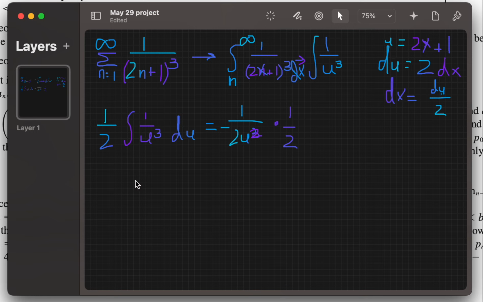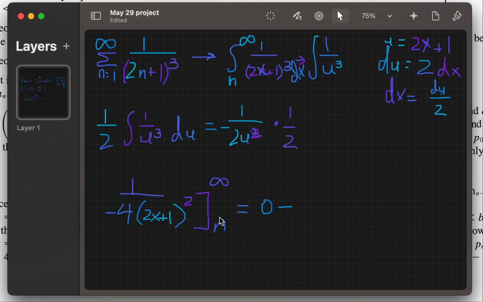All in all, our integral would end up being solved as negative 4 over 2x plus 1 squared, from infinity to n, which when x is infinity, the denominator is extremely large, so that's just close to 0, 0 minus, and this